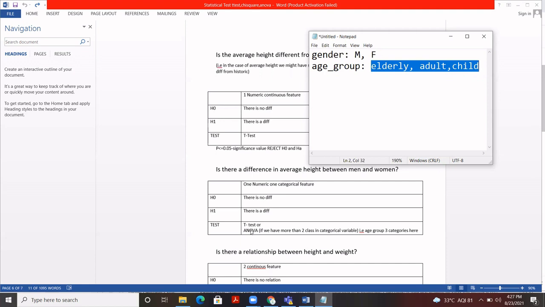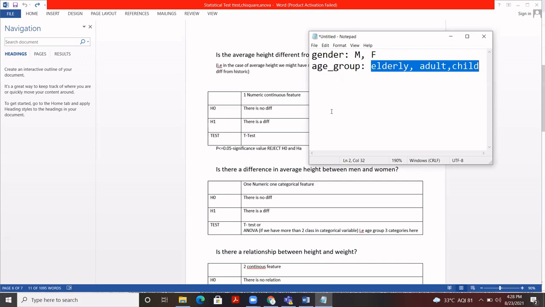So we can apply both t-test and ANOVA if we have one numeric and one categorical feature. But before choosing, we need to check how many categories there are under that categorical column. Here we require the gender column, and under it we have only two categories, so we are going to perform a t-test. If we have more than two categories, like age group, we are going to perform an ANOVA test.